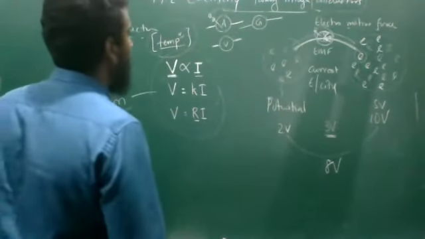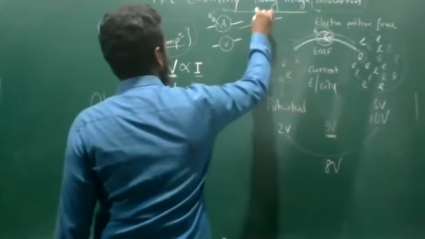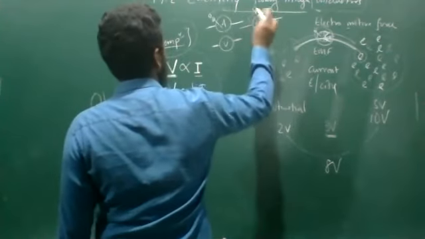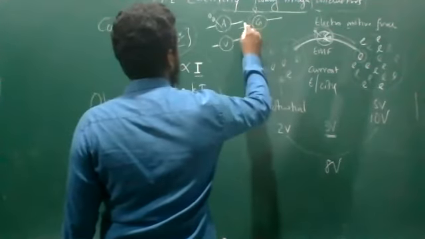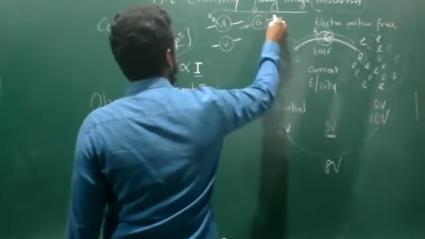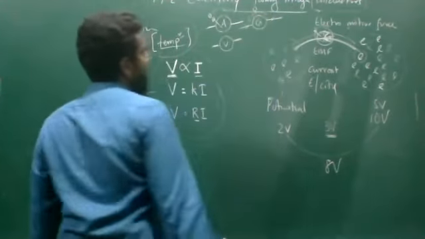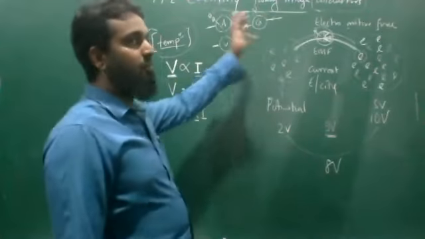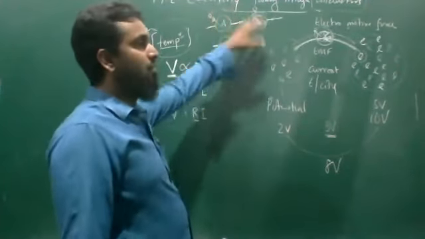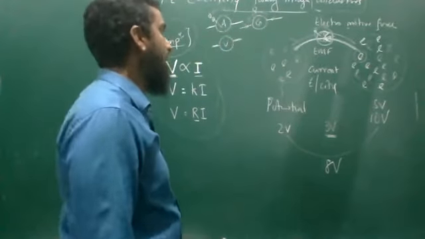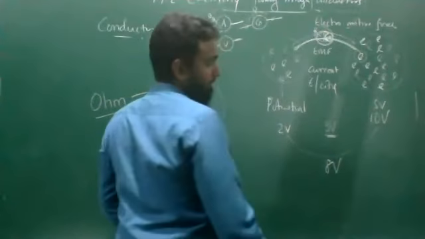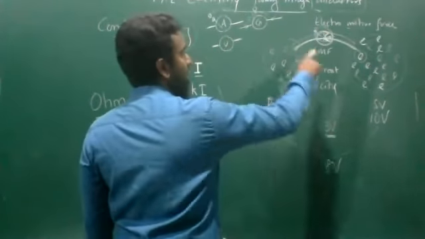But in the galvanometer, the zero is in the middle, and on either side the calibrations are there. Therefore, if the current is moving in this direction, the needle shows this side, and if the current is moving in the other direction, the needle shows the other side. So on both sides the current can be measured using a galvanometer. Both measure current, but the use of the two is different. Since the ammeter should be connected directly to the conductor, directly where the current is flowing,